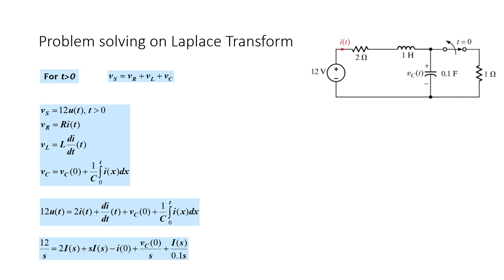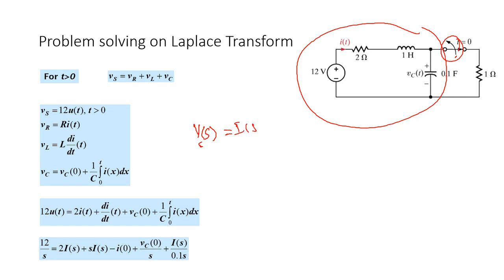So अगर हम इस सर्किट में देखें I of t greater than 0 पे हमारे पास ये स्विच ओपन हो रहा है, so we are only left with this circuit. So due to that, our equation would be that v s of s has I of s into r plus the voltage in the inductor. So voltage in the inductor is let's say Laplace of L di by dt, and then voltage across the capacitor, which is